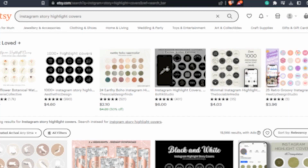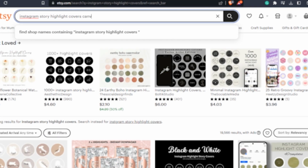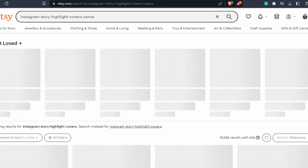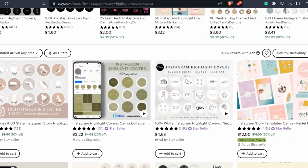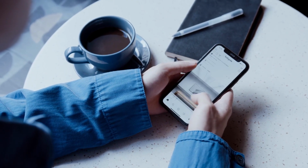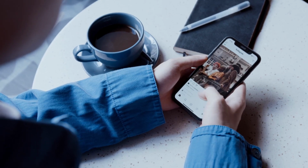on Etsy. At number 5, we have another product related to Instagram, which is Instagram Story highlight covers. And this time also, if we add Canva to our search term, you can see it brought down the competitors to under 6,000. Instagram Story highlight covers have become an essential part of any brand or influencer's Instagram profile, as